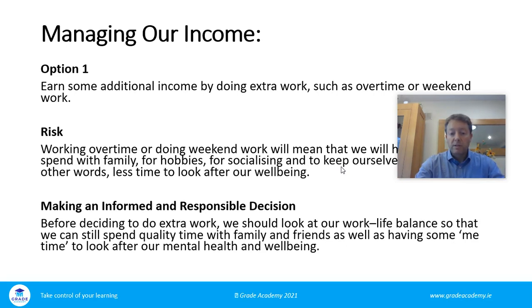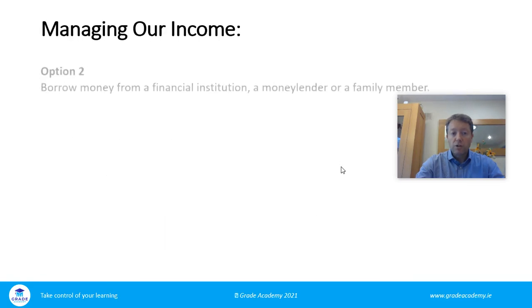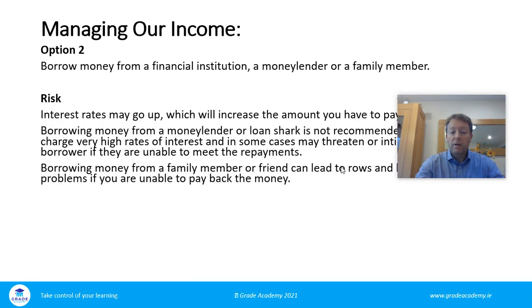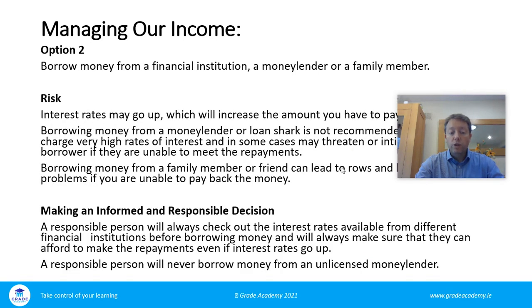informed and responsible decision. Option 2, we could borrow money from a financial institution, a money lender, or a family member. Again, there are risks. We should inform ourselves about making an informed and responsible decision with all these options on